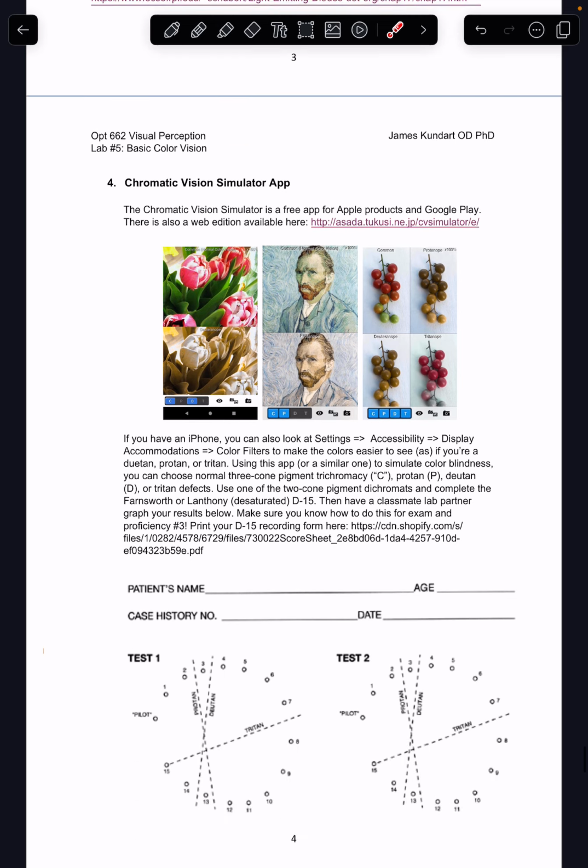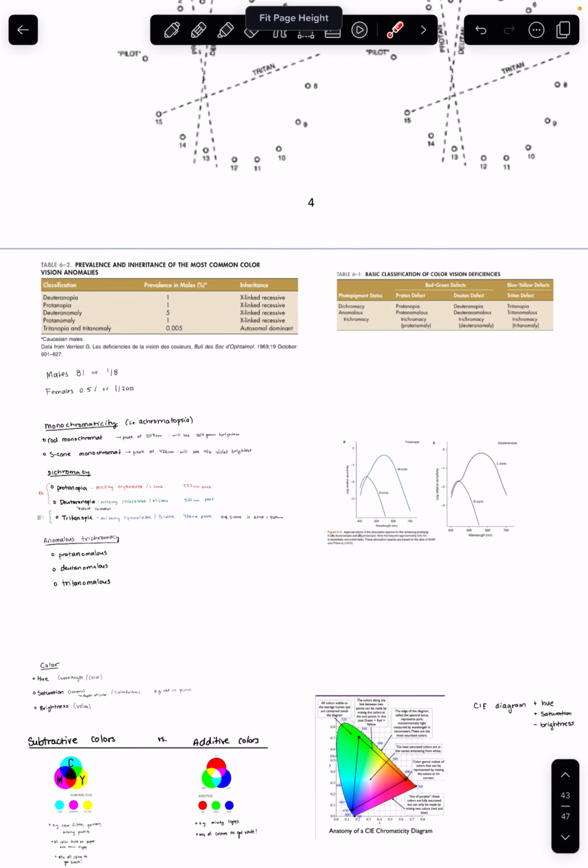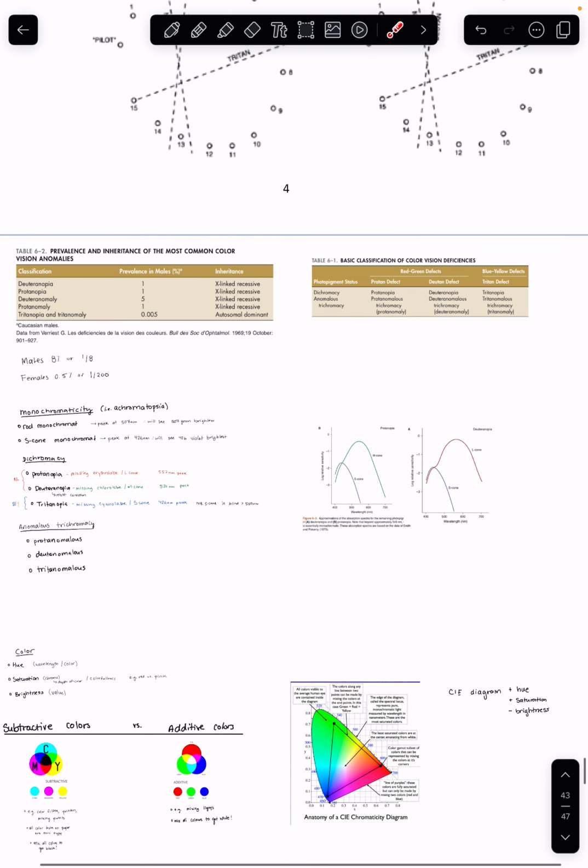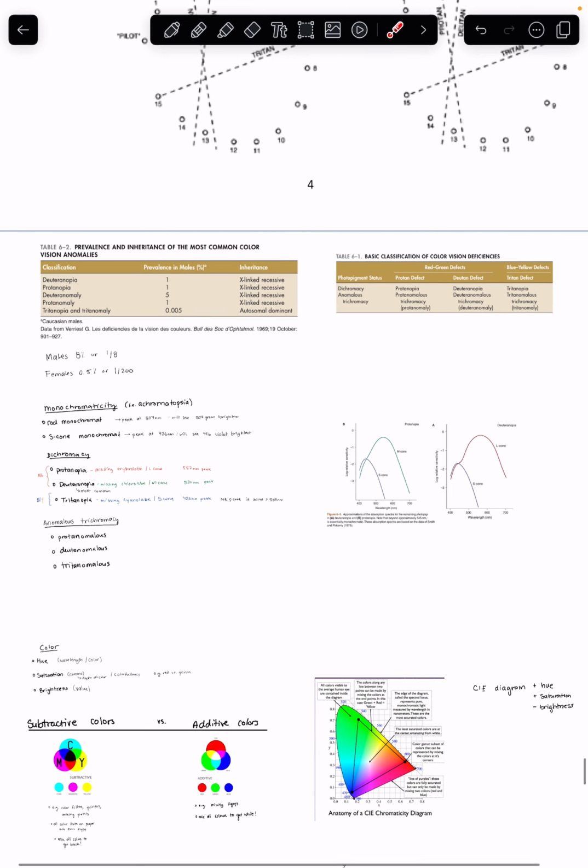So I would recommend getting that app. It's free to download. Okay, so for me to understand color blindness, I need to start with the classification of it. There are 3 types. You can either be a monochromat, meaning that you have only rods or only S-cones. I mean, you really have S-cones and rods, but you have no color vision. So when we say monochromat, or we can say achromatopsia,